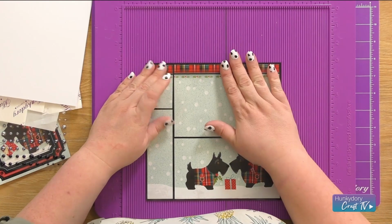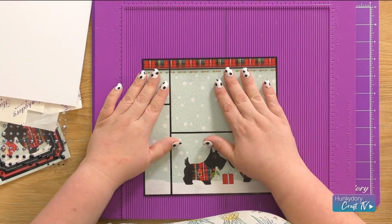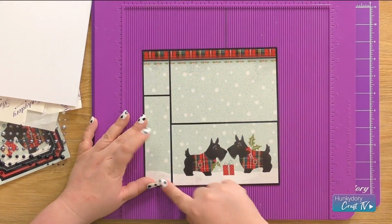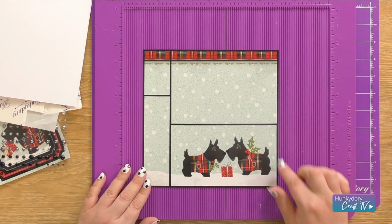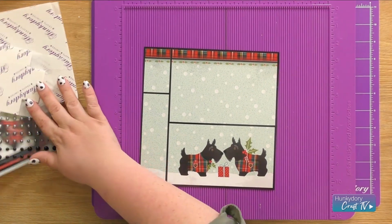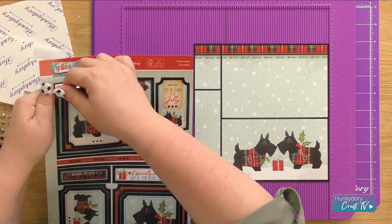And once everything's nice, we can... And this just gives us these nice extra border sections to add a little bit more interest on our card base. So now we're going to go back to our topper set, and we're going to take this top square